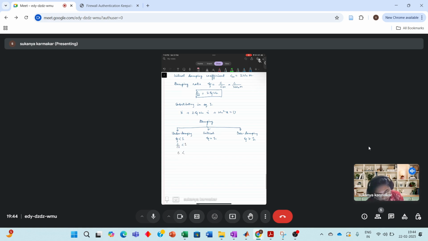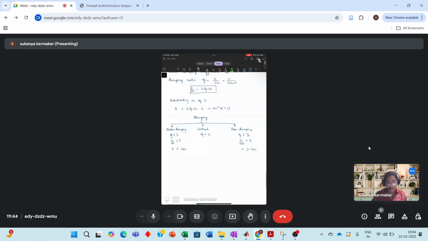So the damping in your system is less than critical damping. This is when C by C critical is greater than 1, so when C is greater than critical damping. So what do I mean by this? When your damping is more than critical damping,